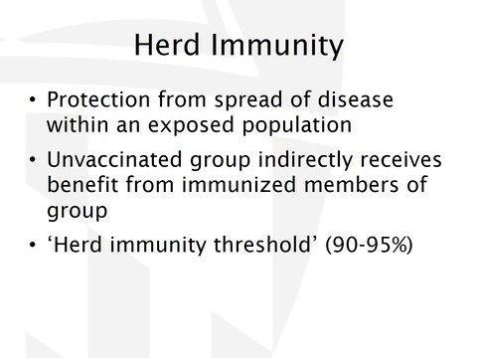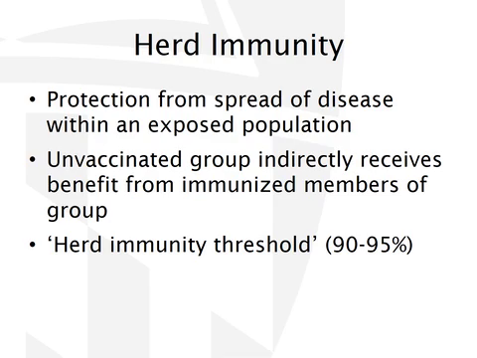Now, the best way to reduce vaccine preventable diseases is to create a population that's highly immune. Essentially, when you create a population that's highly immune, we create what is known as herd immunity. And this is protection from the spread of disease within that exposed population. Inevitably, in any population there will be some people who just aren't able to be vaccinated. But if you've got herd immunity, those few that are unvaccinated indirectly receive benefit from that immunization of the larger population.